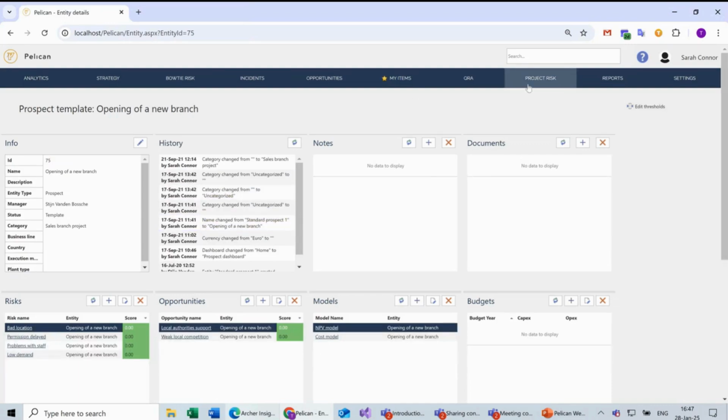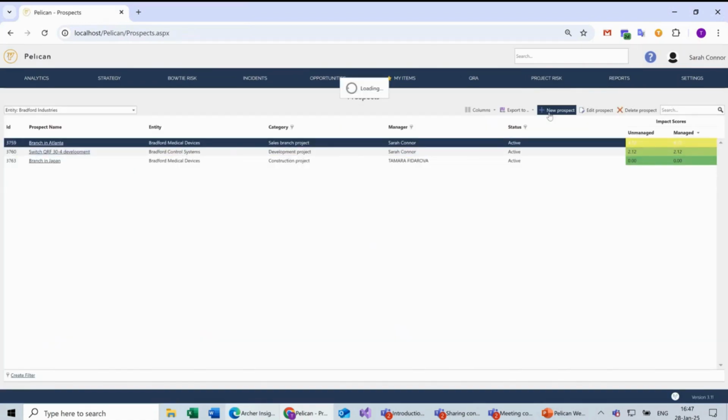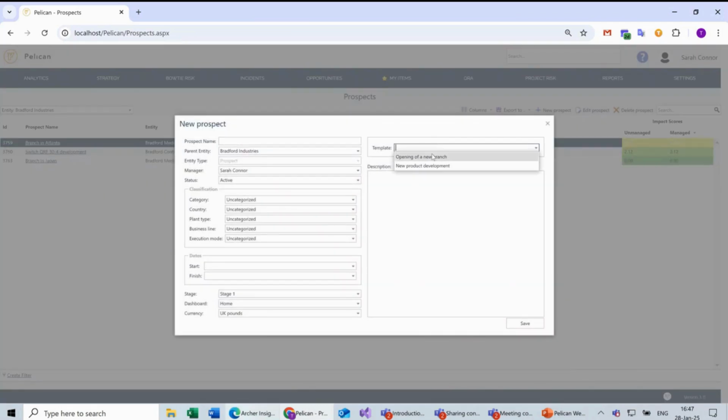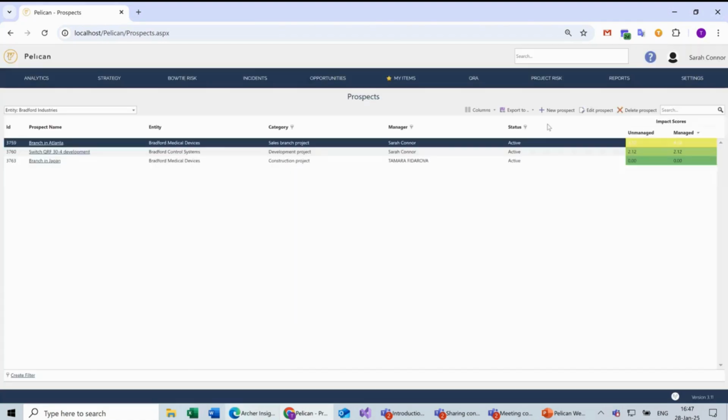And the next step, what you do is you go to prospects, and you start a new prospect, and you pick the template, and that will create already a prospect with all of the pre-filled risks and models, and so you need to go in and then assign it to someone and customize it according to your current